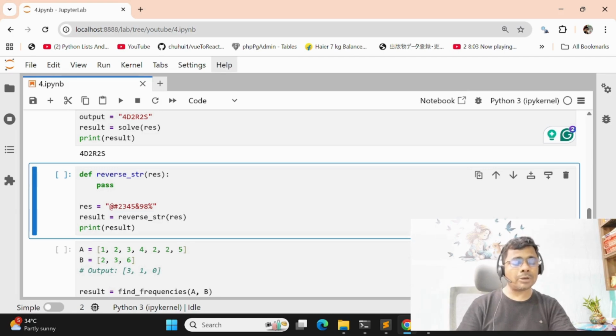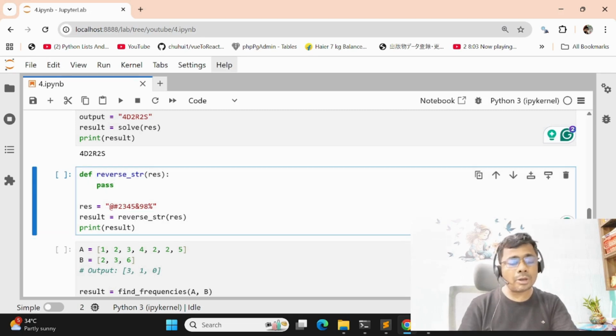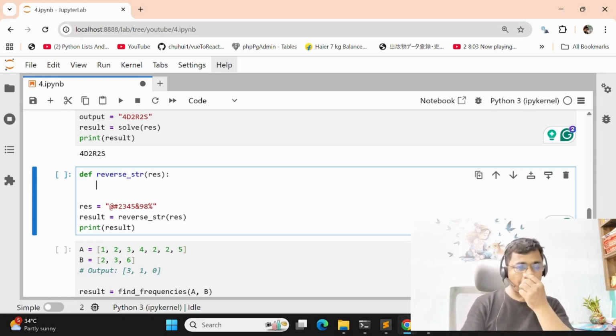I think you understand. Then we try to solve this program. First we need to think about how we will solve it. First we need to distinguish between special characters and alphanumeric characters.